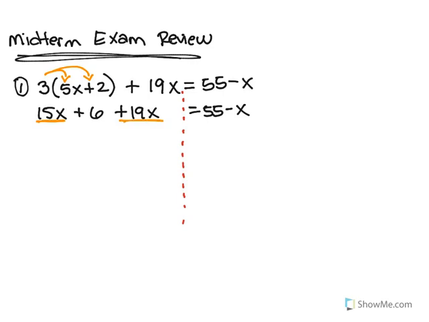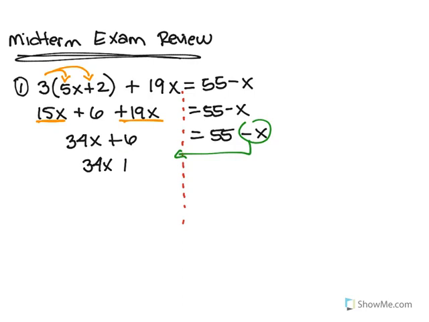15x plus 19x will give us 34x. Bring down the plus 6 equals 55 minus x. So now I'm going to switch sides, and when you put your x's together, make sure you know that the signs change. So when I bring that negative x over, it becomes a plus x. Equals, bring down my 55, and I'm going to take my 6 over, and it's going to become a negative 6. So we have